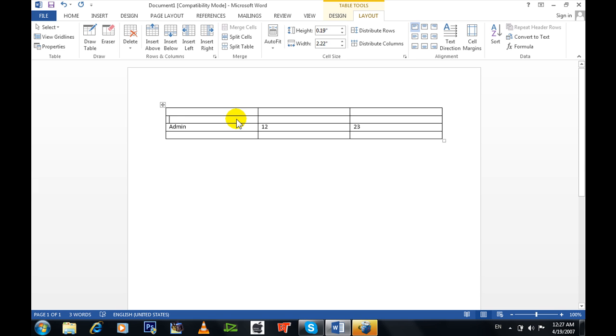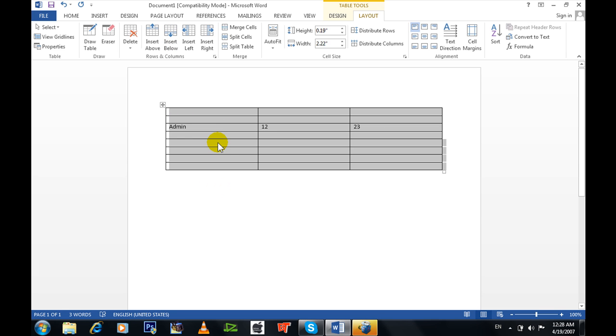In the rows and columns options of Insert Above, you are also able to insert more than one row. For example, first of all, select the rows you want. For example, I want to select all four rows. Select them, and after selecting, click on Insert Above. If you want to insert rows in the above position, click on Insert Above. You can see that four more rows are inserted in the above position. Here you can simply insert many rows and many columns.